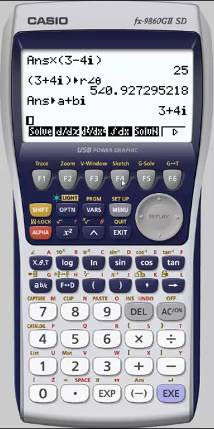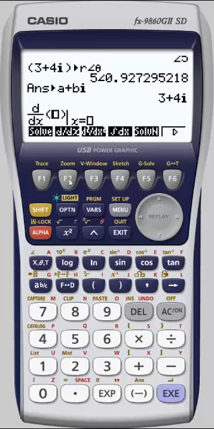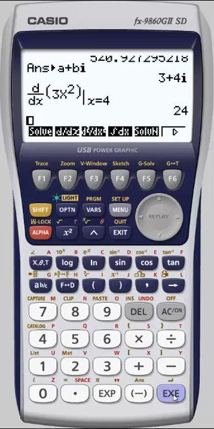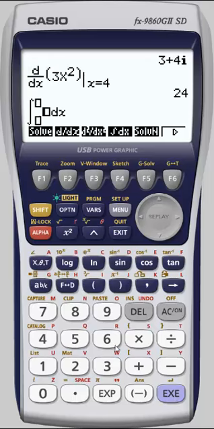Take a quick look at the calculate menu. Let's take a look at derivatives. So if I want the derivative of, let's say, 3x squared, move to the right at the location where x is equal to 4, and there we have it. If I want to integrate, again, let's say 3x squared.